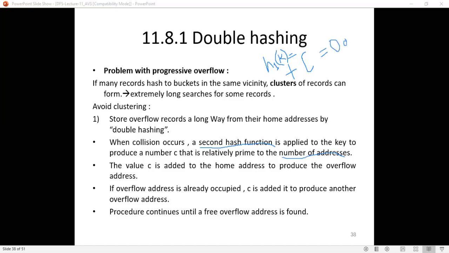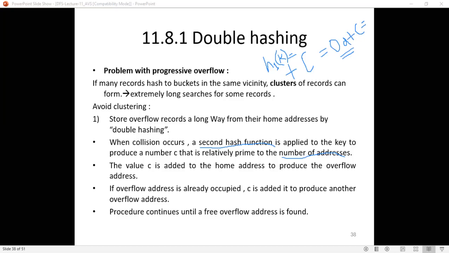Now again assume that the overflow address we generated is also already filled. That is, there is a collision again. What should you do? Again, you add C to this overflow address to get one more overflow address where you can store your record.